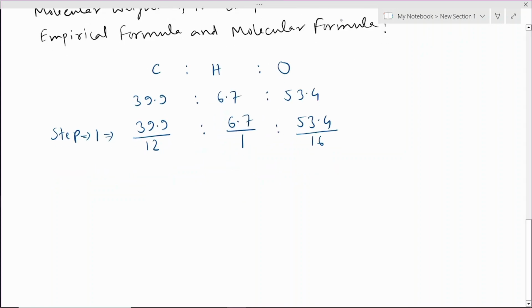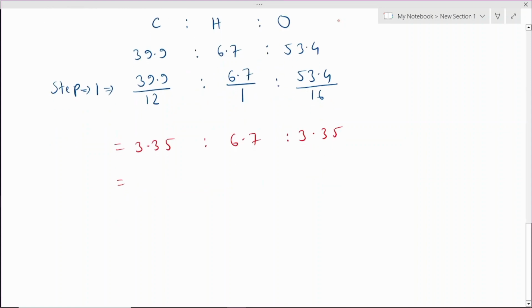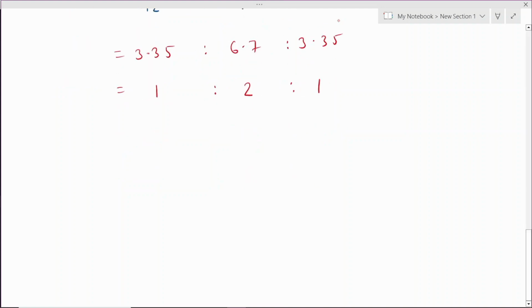So we get 3.35 is to 6.7 is to 3.35. If we simplify this ratio, we get 1 is to 2 is to 1. So carbon is 1, hydrogen is 2 and oxygen is 1,